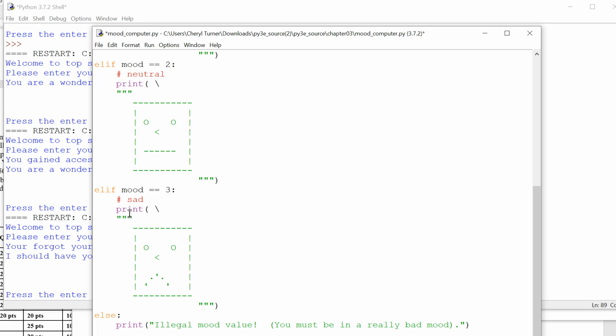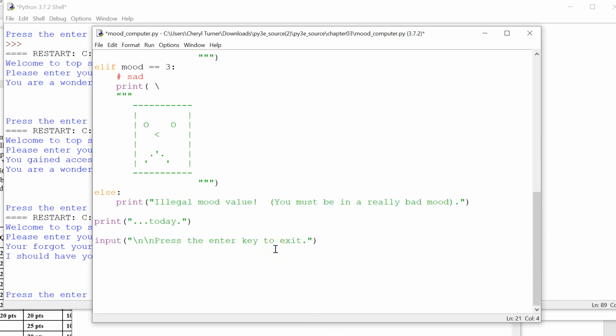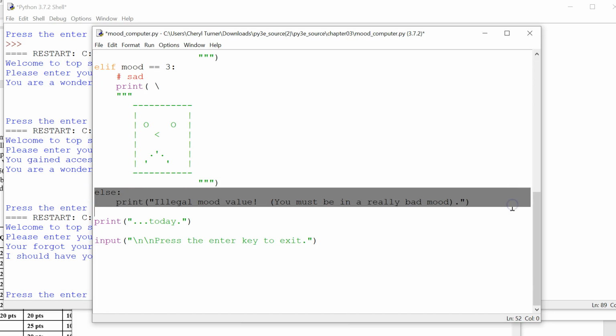What I'm going to put in here for this last one, because I'm still going to use this else value. So else is going to be used as kind of a catch-all. Holy cow, did I do something wrong? Let me see if I can get that all on the screen. Else says, if anything goes wrong in all the rest of my code, this is what it's going to be. And it's going to print out illegal mood value. You must be in a super, super bad mood. Ideally, this is never going to run. If I don't have a typo, if I've coded this all correctly, that will never, ever run. But it's a great way